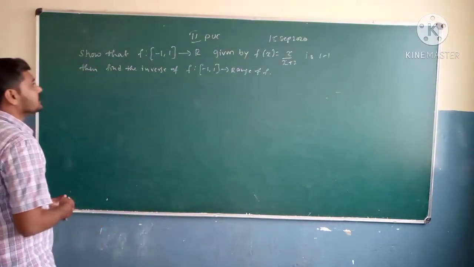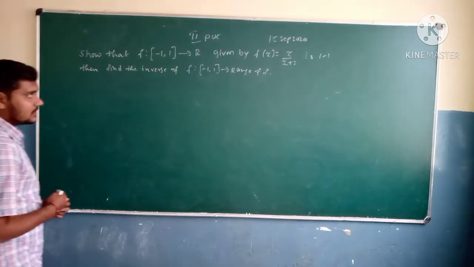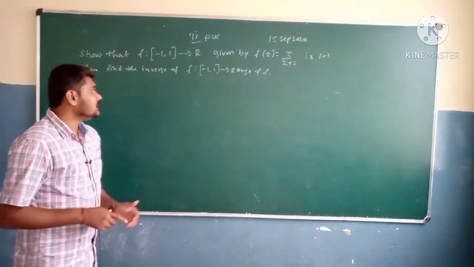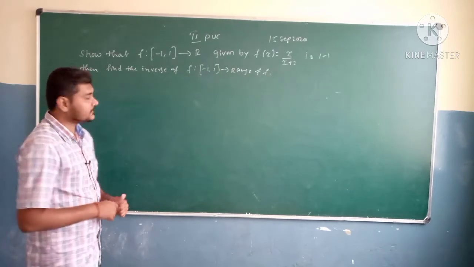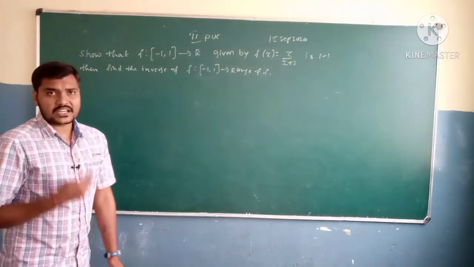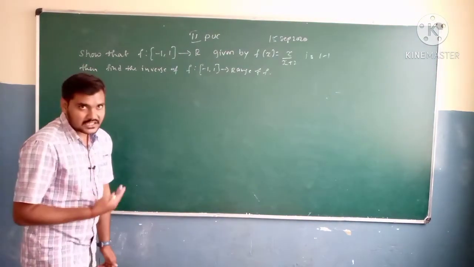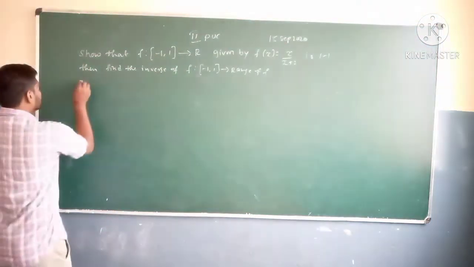So first ನಾವು ಏನಂತ ಶೋ ಮಾಡಬೇಕು? First we need to show that f of x is going to be x divided by x plus 2 is a one-one function. So we need to find the inverse of f. To find the inverse of f ಅಂತ ಹೇಳ್ತಾರೆ ಅಂತ. So we need to find again the onto function. Is it an onto function ಅಂತ ವೆರಿಫೈ ಮಾಡ್ಕೊಳ್ಬೇಕು. So onto function ಆದ್ಮೇಲೆ ನಾವು inverse function ನ ಫೈಂಡ್ ಔಟ್ ಮಾಡಬೇಕು. Okay, so solution.